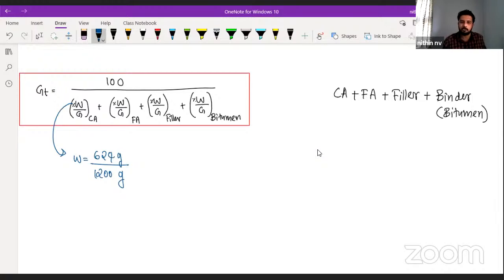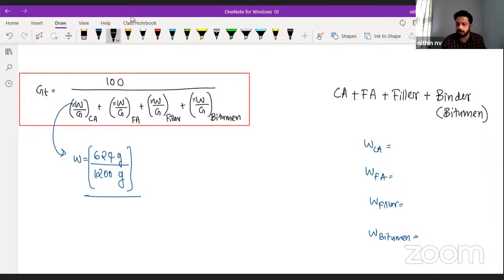So that is W of this one. We got W of coarse aggregate. Just divide and calculate: W of coarse aggregate, W of fine aggregate, filler. Generally, this data for bitumen or binder they will give in the question, but we were going into the next level. You will get 52%, multiplied by 100, since it is in percentage. So you convert to percentage weight. This is 36%,